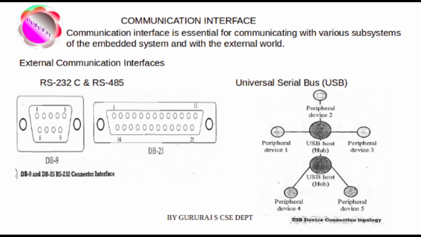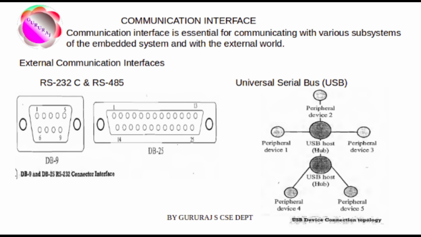Next external communication interface is USB. Universal Serial Bus is a wide high-speed serial bus for data communication. The first version, USB 1.0, was released in 1995 and was created by USB core group members consisting of Intel, Microsoft, IBM, Compaq, Digital and Northern Telecom. The USB communication system follows star topology with a USB host at center and one or more USB peripheral devices connected to it. A USB host can support connection of up to 127 devices, including peripheral devices and other USB hosts.